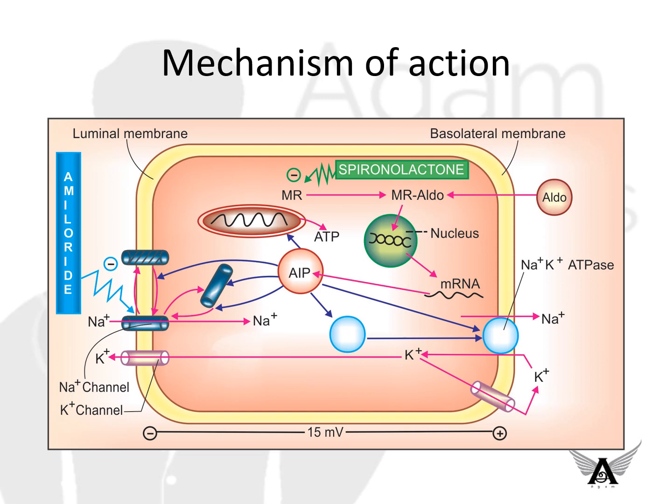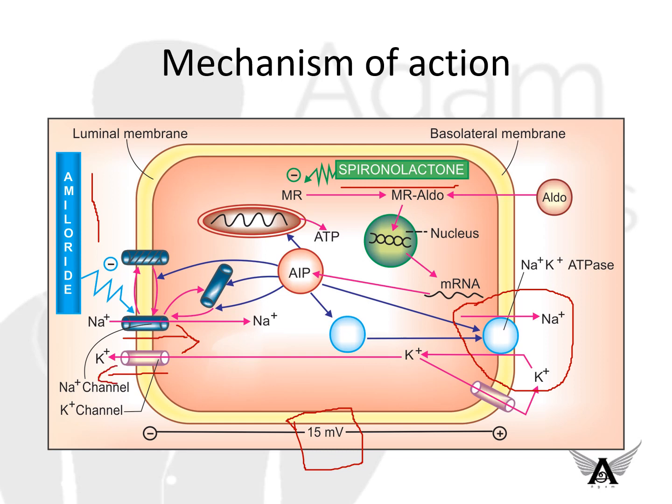In this picture, let's learn about the mechanism of action of amiloride. We've already seen the mechanism of action of spironolactone. Now about amiloride: a sodium ion enters the renal epithelial cell down its electrochemical gradient. This electrochemical gradient is generated by the sodium potassium ATPase pump present on the basolateral membrane of the cell. As soon as the sodium ion enters the cell, a potassium ion is secreted into the lumen